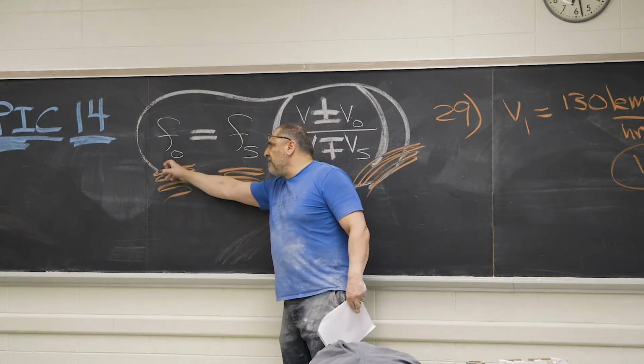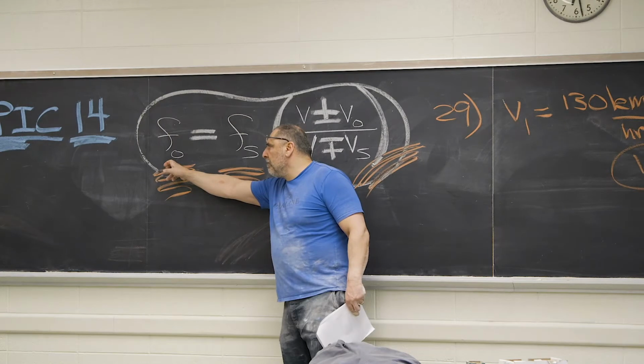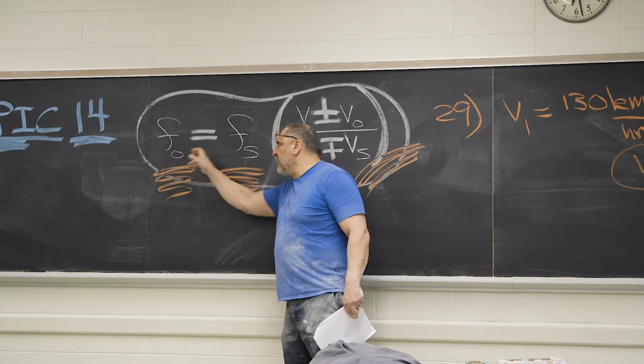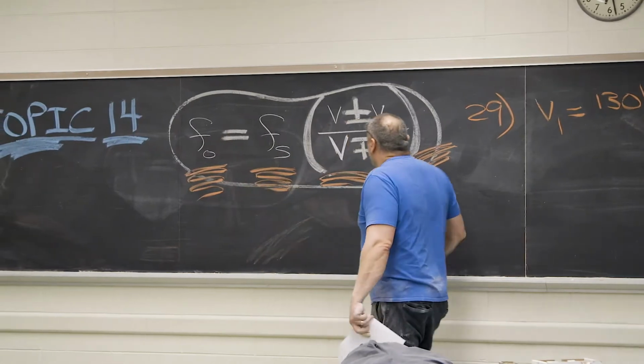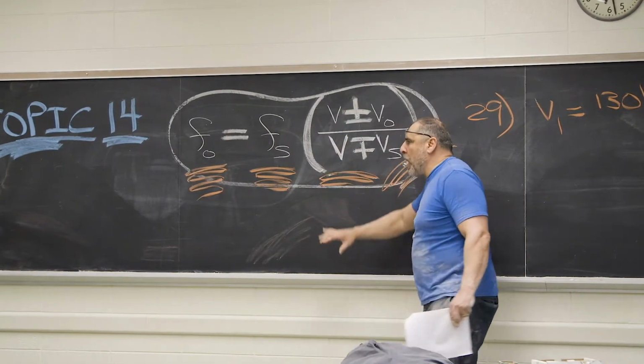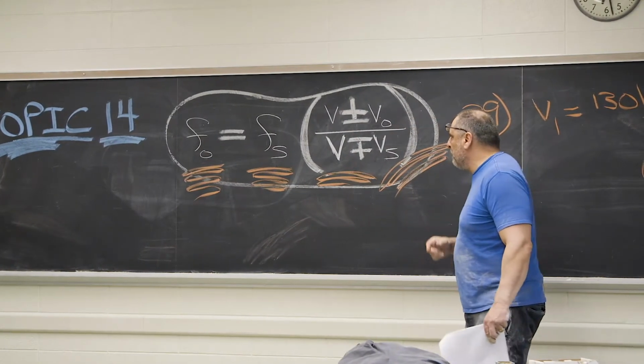That means 415 divided by 440 is a ratio less than 1. For this ratio to be less than 1, and they're both going in the same direction,